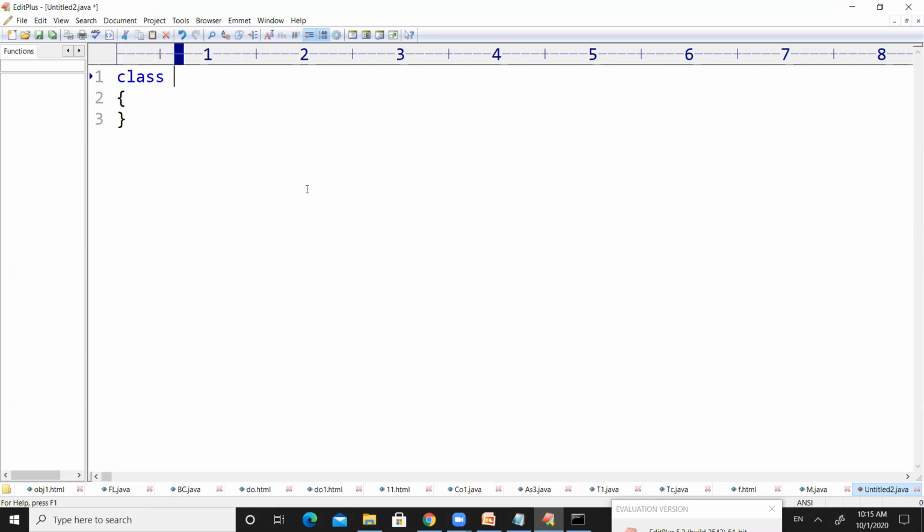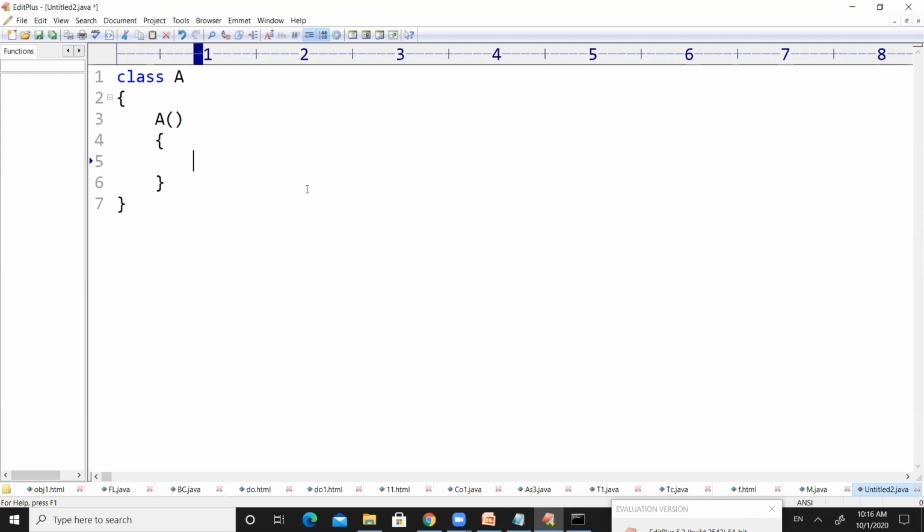Here I am defining class A, where A contains a method called M, and this M method, I'm sorry, we are dealing with constructors, not methods. So A is a constructor here because the class name and method name are the same, and A does not contain any return type.